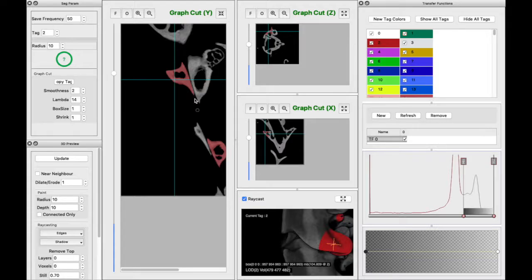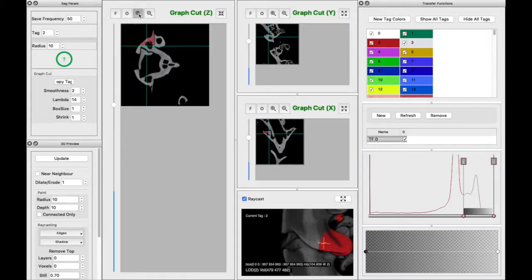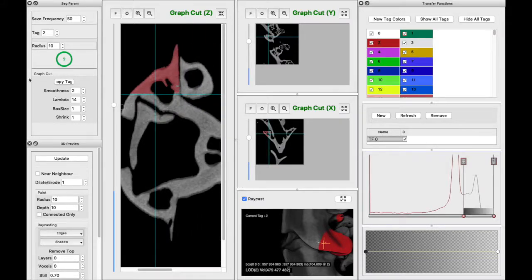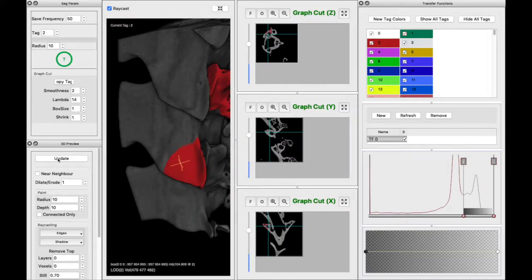roughly do all of the slices in one view, and then go to the view that's perpendicular and see where it's all screwy and messed up, because all of your slices will be slightly misaligned. And then you can do a Shift S and it'll smooth all those out, and it'll be really nice and filled in well. And if we could go back to our 3D view and hit update,